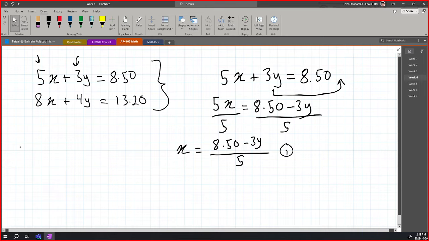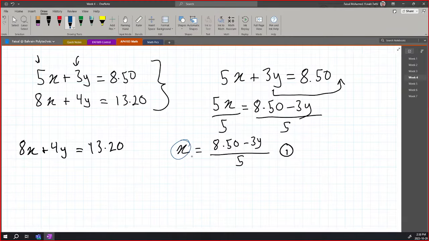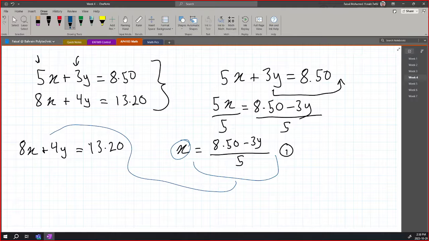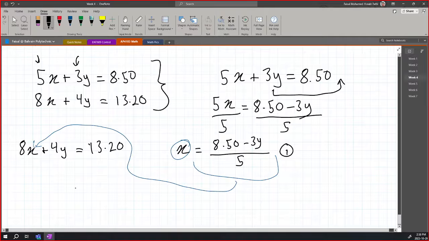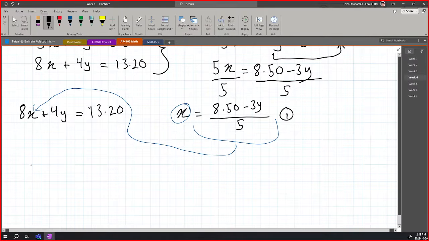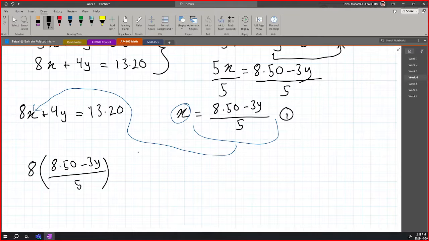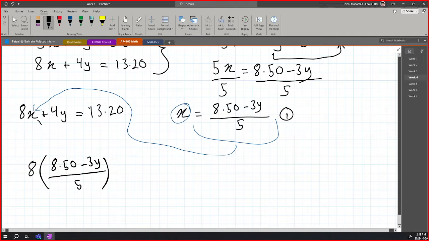Now we substitute this x in the second equation, which is 8x plus 4y is equal to 13.20. Okay. The x that is here, we have to substitute this value into this x that is there. When we substitute, the equation becomes 8.50 minus 3y over 5. This is just the substitution of x, only the x. This is the same thing. And now we continue the equation, plus 4y